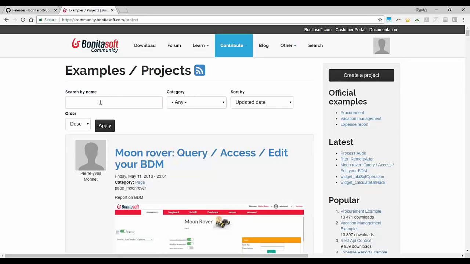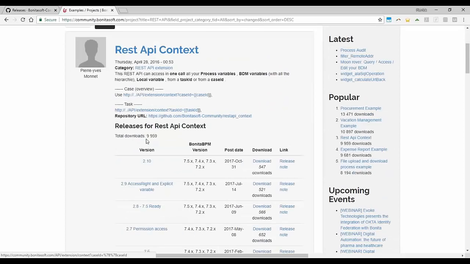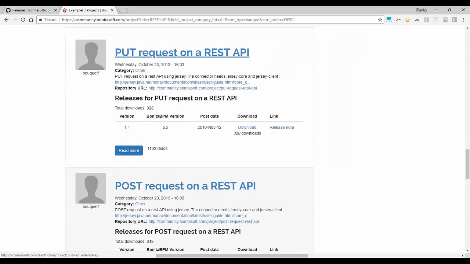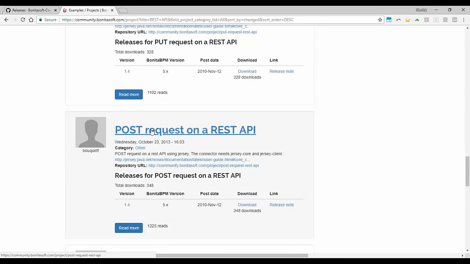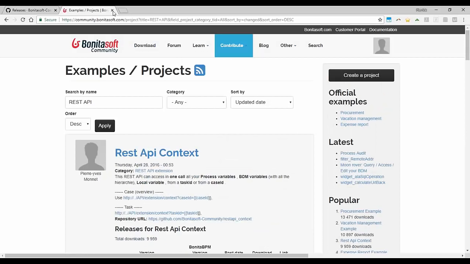So let's say I actually worked on the REST API extension back in the day, so maybe it's over there. All right, so you see you have people working on different things, and this is usually things that will be coming as an artifact that you can import directly in the studio.